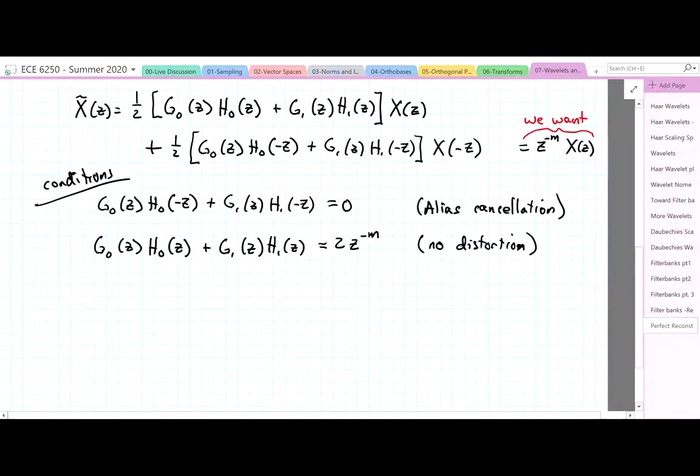So how do we design filters like this? So what conditions could we do? One thing we can do, and I might say that there are scores of papers, hundreds of papers, proposing different ways of coming up with G and H. Some of them are pretty dense, difficult to understand. There's one particular group of researchers